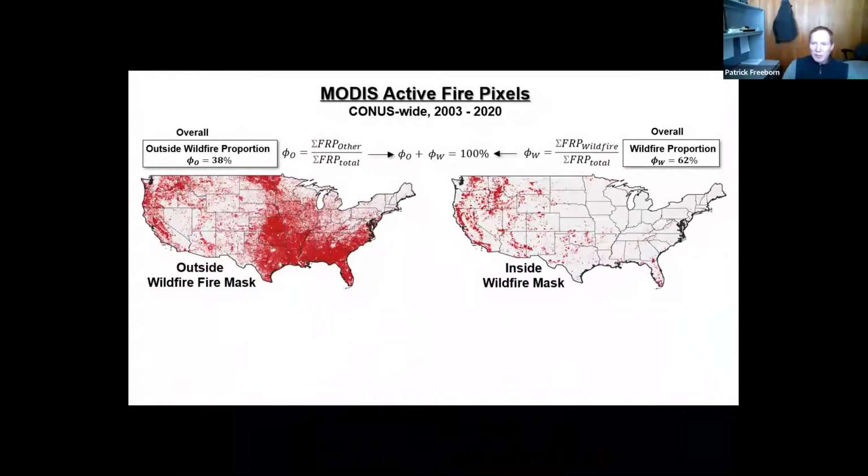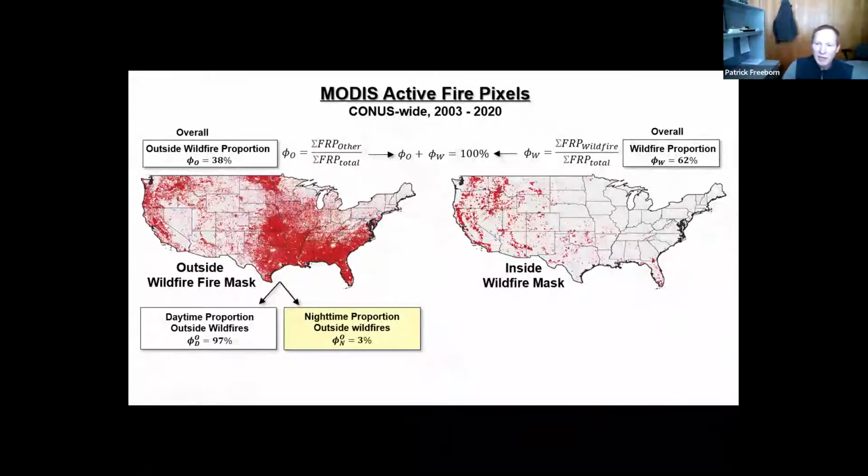And just to refresh your memory, the outside wildfires are all those active fire pixels detected outside of an MTBS or an NIFS fire perimeter. So those are all other vegetation fire types besides wildfires. So it could be agency conducted prescribed fires, it could be private broadcast burns, it could be private pile burning, but a lot of it's probably agricultural fires. So overall, MODIS detected much more radiant heat released from wildfires compared to other vegetation fire types.